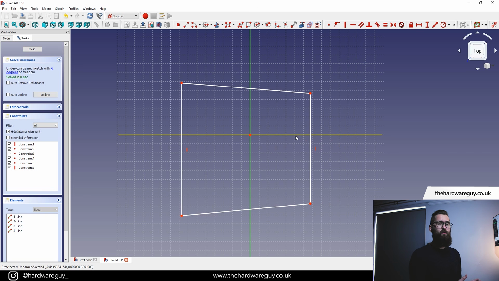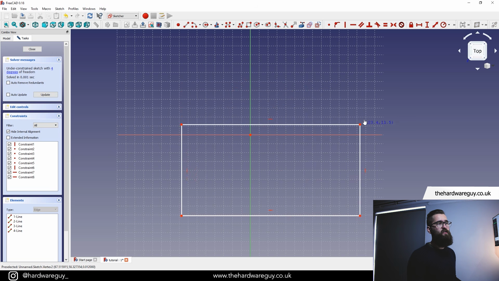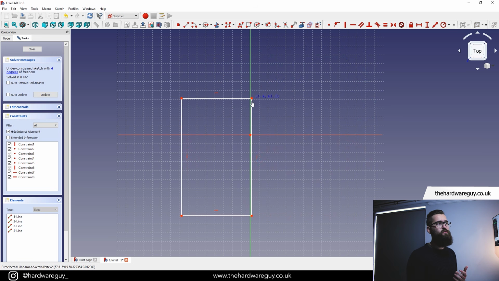Now because we're creating a square, we need to apply horizontal constraints as well to these lines. So the next constraint over is a horizontal one. So if we click that, we can now click on these horizontal lines. So we've made that straight and we've made that straight. So our design is now following these constraints. And if we click and drag the corner now, the lines are staying straight, but we're still able to move it and adjust these